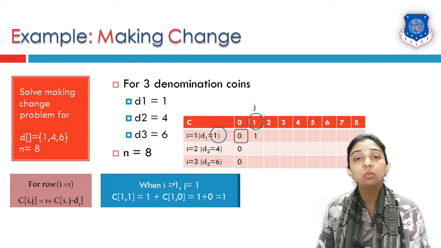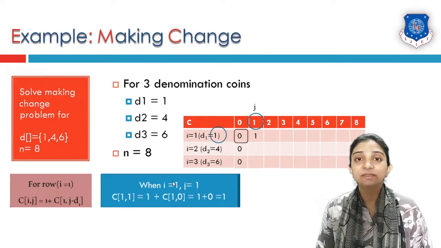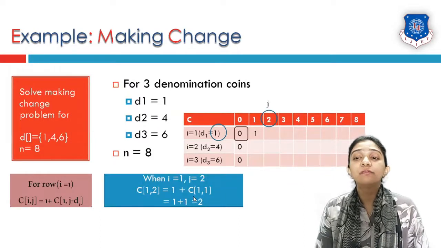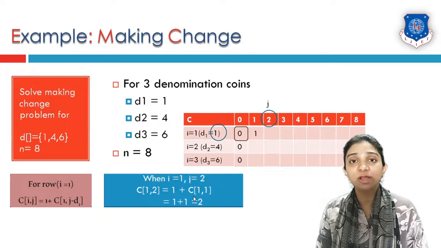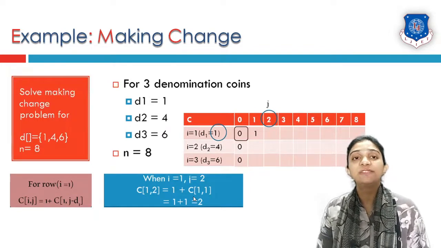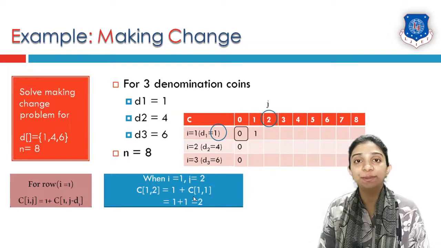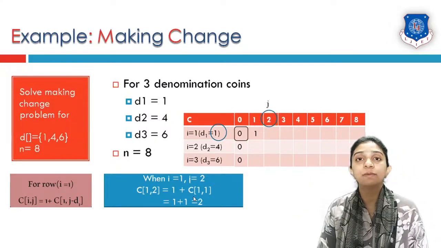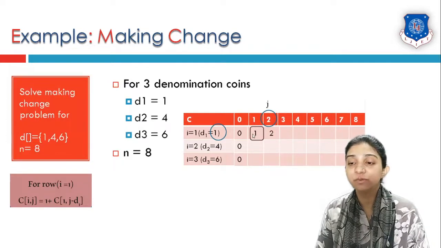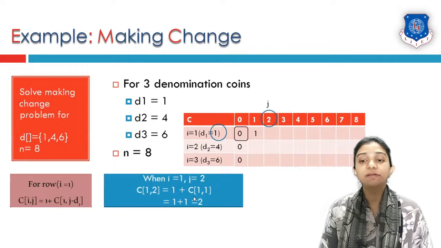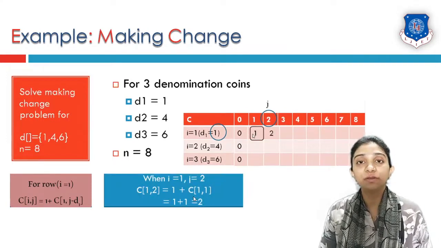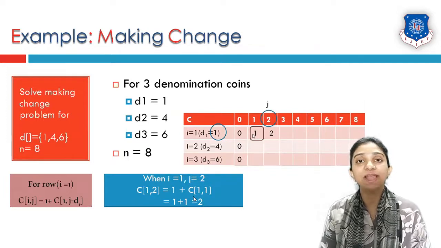So here value 1 will be stored by taking the column of the difference of j and di. Similarly, for the second cell, that is i is 1 and j is 2, cell 1 comma 2 is equal to 1 plus cell 1 comma j minus di. So 2 minus 1 is equal to 1, so cell 1 comma 1 will be referred, which is 1, so 1 plus 1 is equal to 2. Similarly, for the third cell, i is 1 and j is